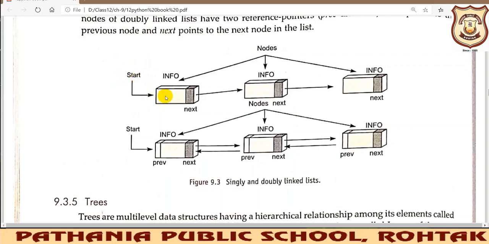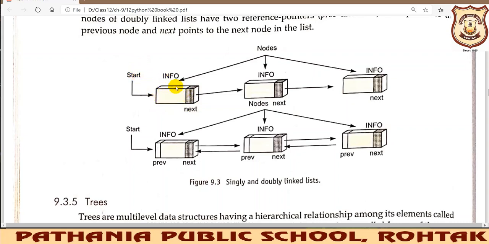So start will be bed number 6. Let us say this is bed number 6. Here the patient details are given, and he's dealing with the information about the patient. And after the diagnosis of this particular patient, the doctor will go to the next patient, and the nurse herself has put a label saying whom the doctor should visit next. So this is about the patient, and this is about the next patient to whom the doctor has to move on, means on which bed the doctor has to move on. So start has 6 because the doctor is starting from bed number 6.